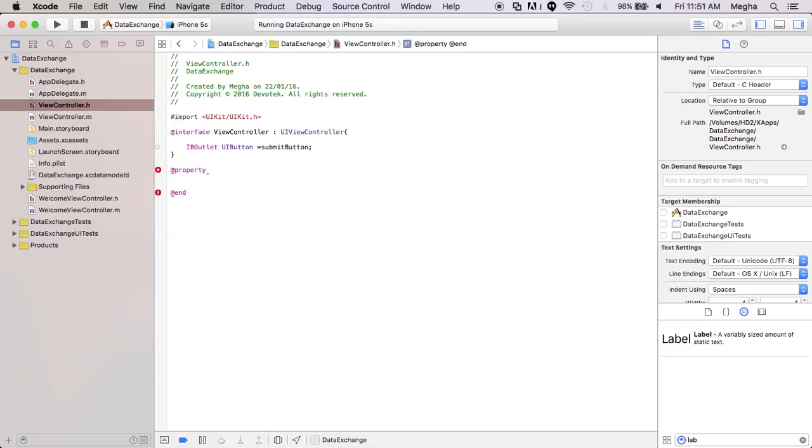You have to define it as a property so that it can be accessed, like in a setter getter. I'm trying to add a setter getter for this particular button so that the values can be accessed from outside. So that is the same thing,